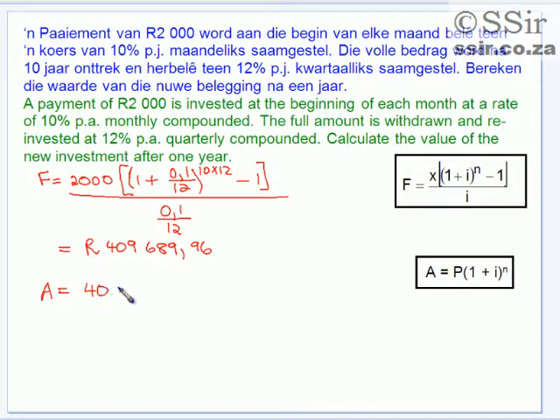So our initial amount is the answer of the previous question, 409,689.96, and this accrues 12% interest quarterly calculated. So there are 4 calculations to be made, and our final amount after 11 years is 461,109.66